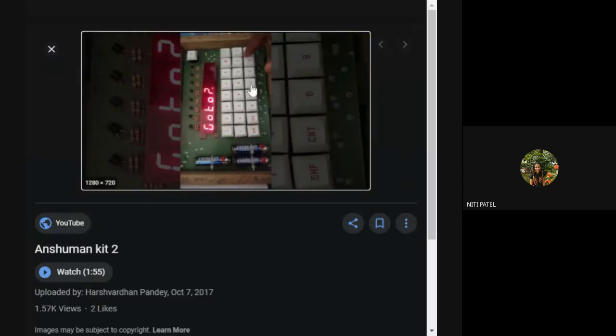For every processor the kits are different. Nowadays processors won't have these kits. These were there for the olden 8085, 8086. These processors have kits, but today's processors do not have kits. Now what is happening? Can you see numbers 1, 2, 3, 4, 5 written on the kit? Yes. Can you see MOV written somewhere? No. Can you see ADD written somewhere? No. So what is going to happen if I have an instruction like this?